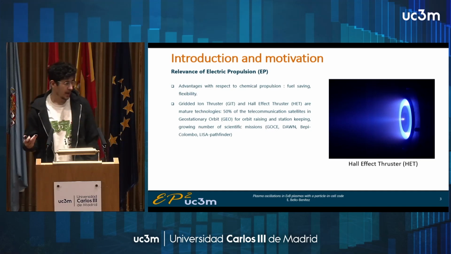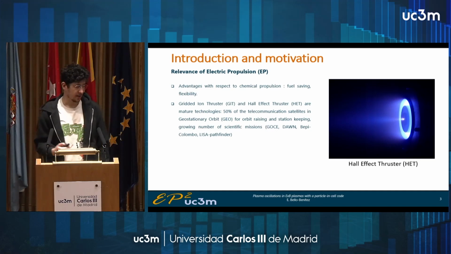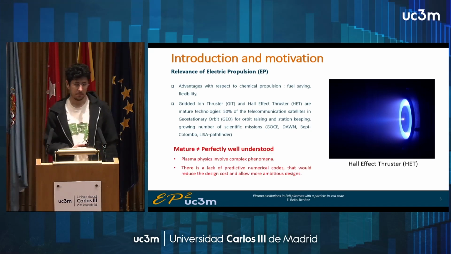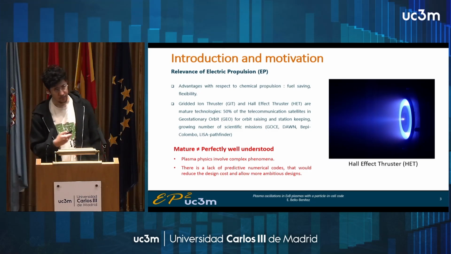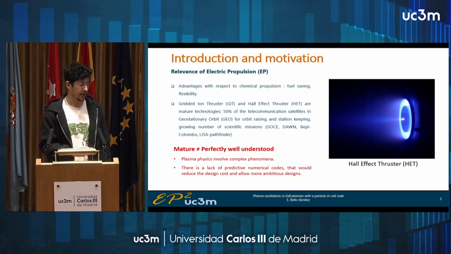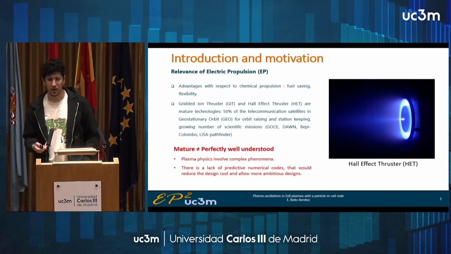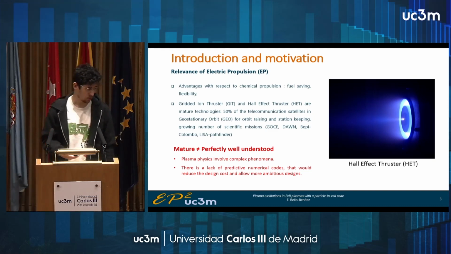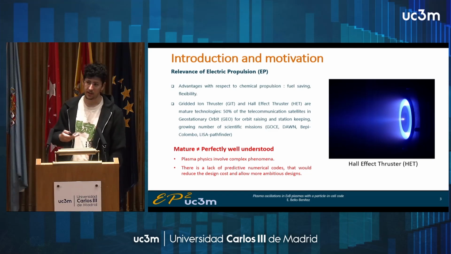Okay, so electric propulsion is well consolidated in the space propulsion market. We have mature technologies such as the Hall effect thruster, but mature doesn't mean that they are perfectly well understood. We are dealing with very complex plasma physics phenomena, and for that reason there is a lack of predictive numerical codes. One of the big challenges that we have is the role of turbulence, instabilities, oscillations on the electron transport,